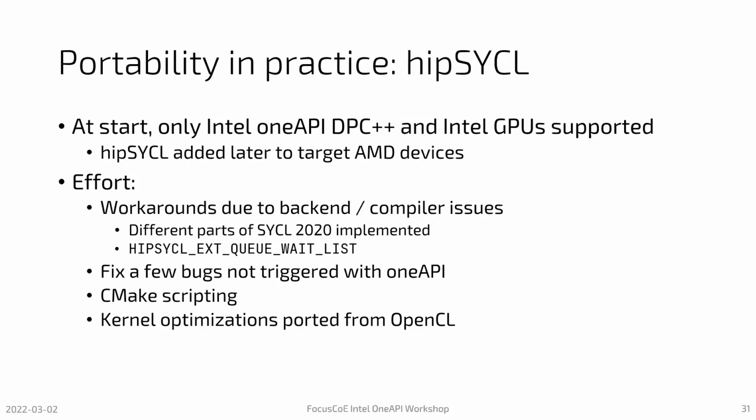We had to work around some backend and compiler issues, particularly because different parts of the standard were implemented in different places. Some parts were implemented in the SYCL namespace in hipSYCL, and in oneAPI it was in the Ext1API namespace. In hipSYCL there was no support for subbuffers, but they were not crucial. The big thing was the enqueue barrier extension. And for that, we had to work with the hipSYCL team to find a solution to add another extension